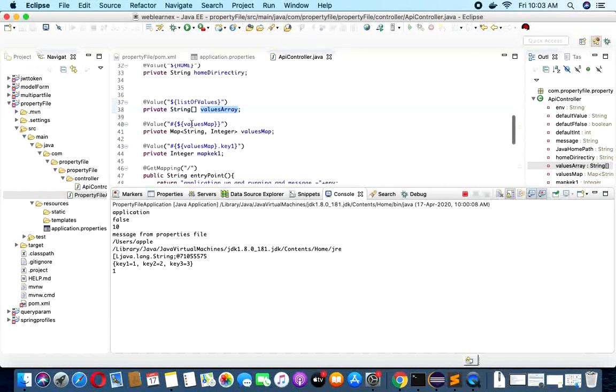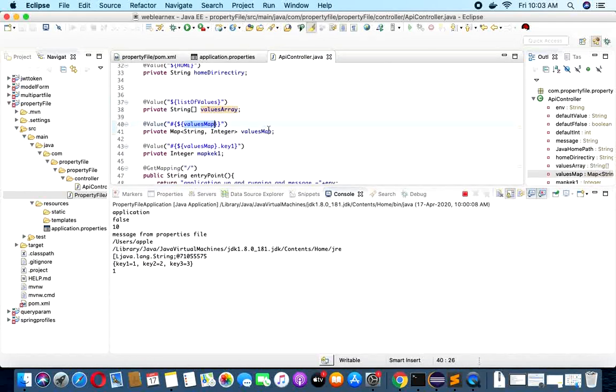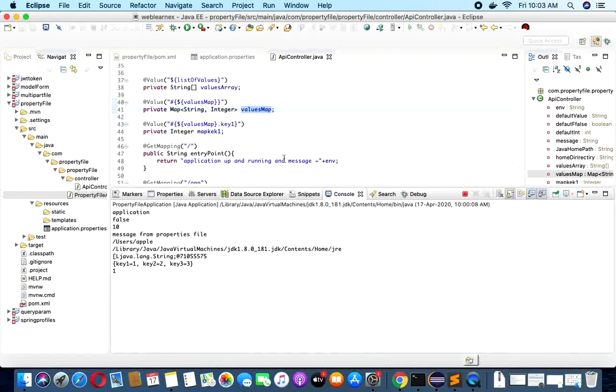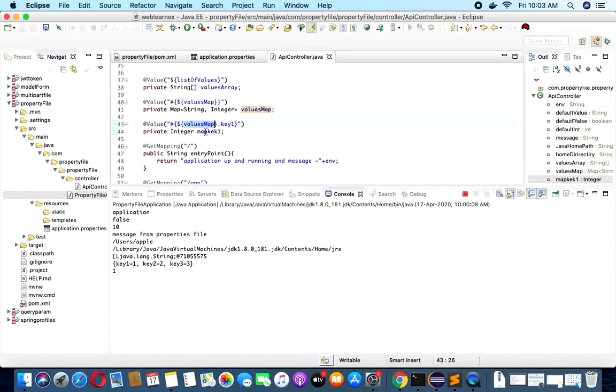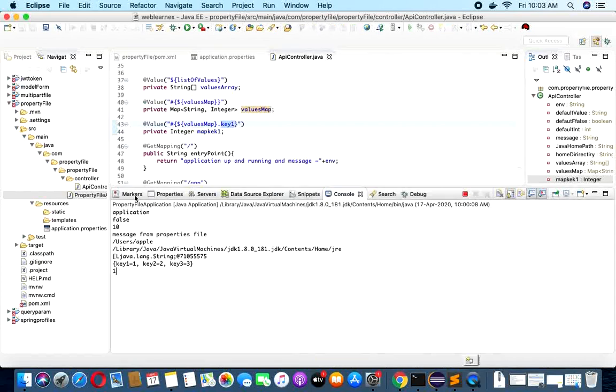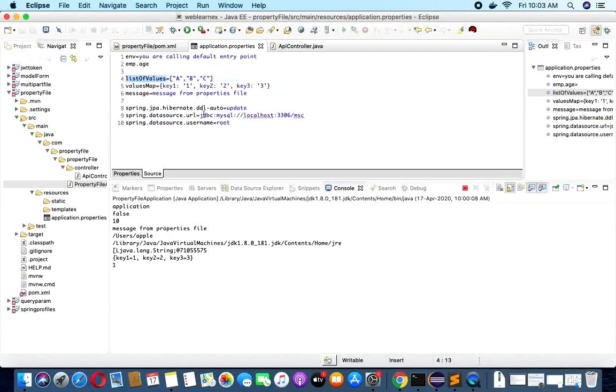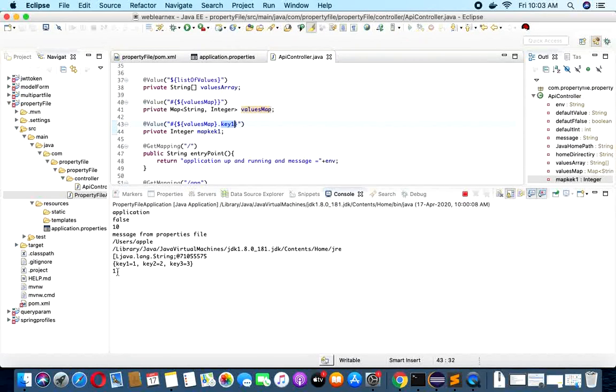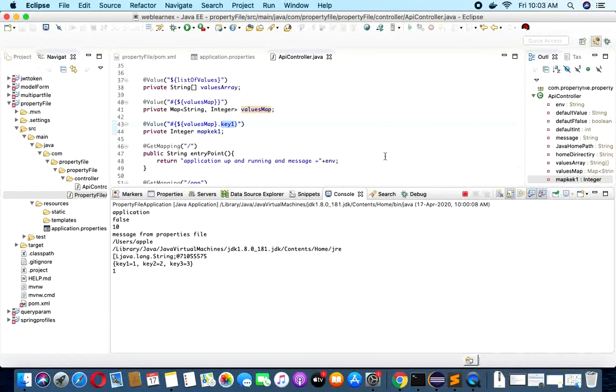Now next I have used the map. So it is printing my map, and last I have printed the value of that map which has the key 1. So if you observe, key 1 has value 1. So it is printing on my console. So this is all about the property file.